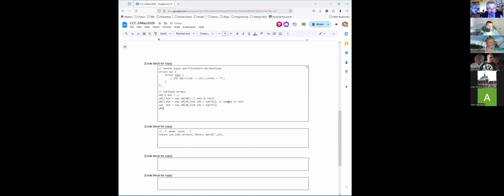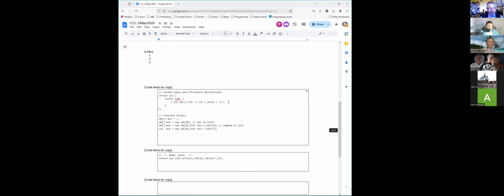If I want buff alone to be immutable, actually this is by default immutable. So here the buff is immutable. So that's that version.